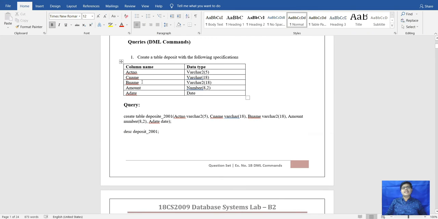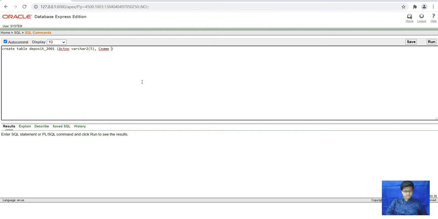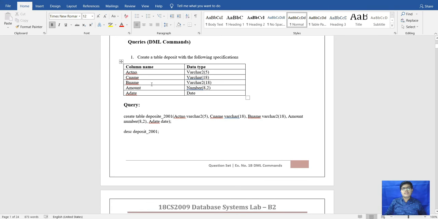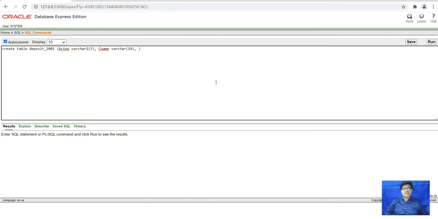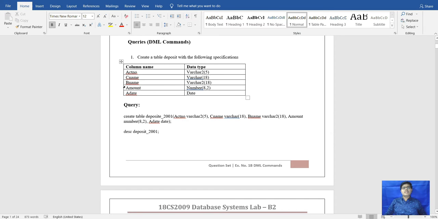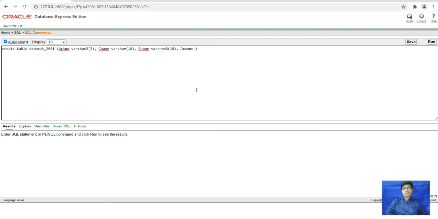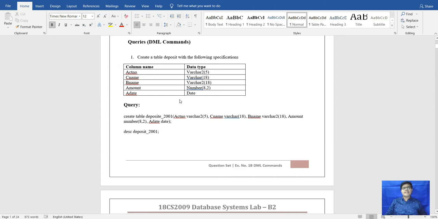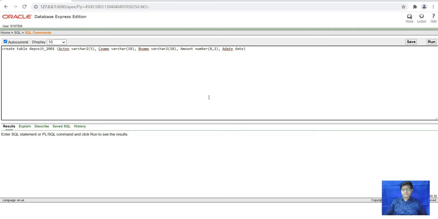After that we have the second, C name, customer name, that is of varchar 18. After that B name, that is of varchar 18. After that amount, 8 comma 2, and the last is a date, with the data type date.